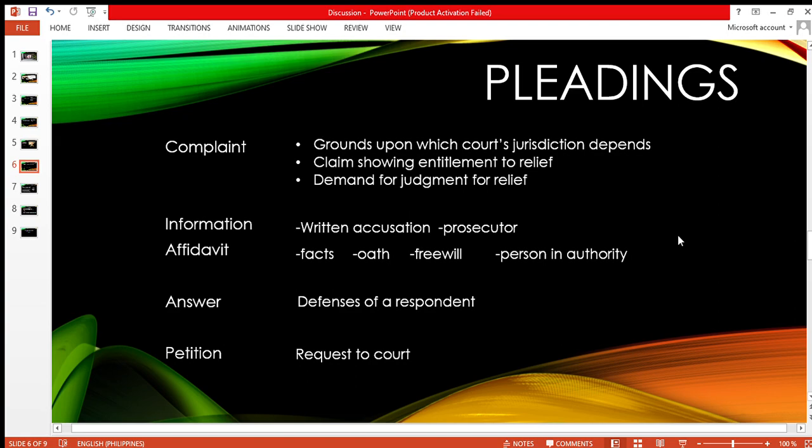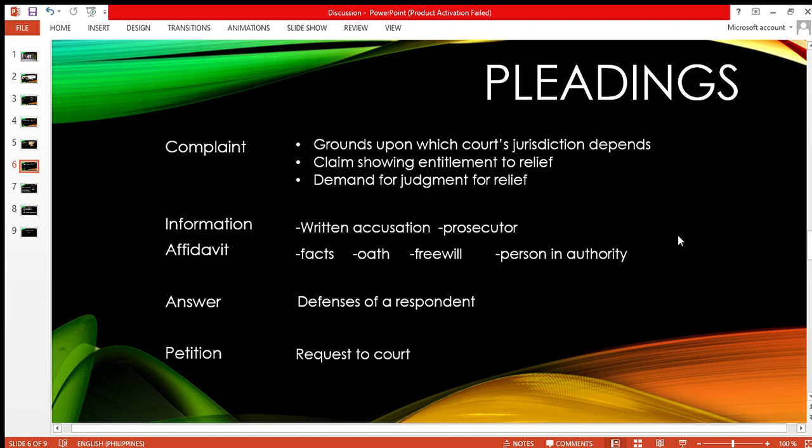Meron kang claim. Meron kang sinasabing ito ang totoo, ito ang ginawa ng accused, then you have grounds. Ito ang mga basehan ko kung bakit ako nagrereklamo. That is complaint. Okay. Now, what about our information? When you go to the police station and file for a police blotter, the police blotter will be forwarded to the appropriate officer, and if you want to file a complaint,